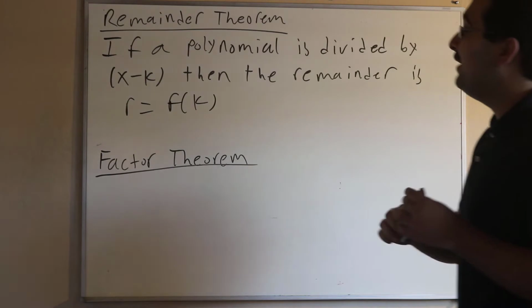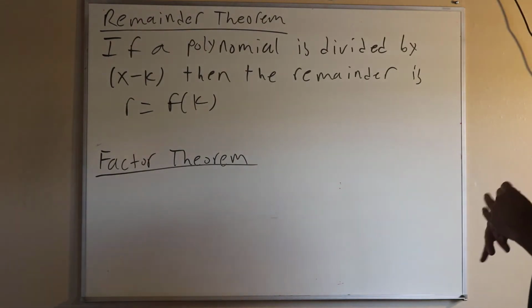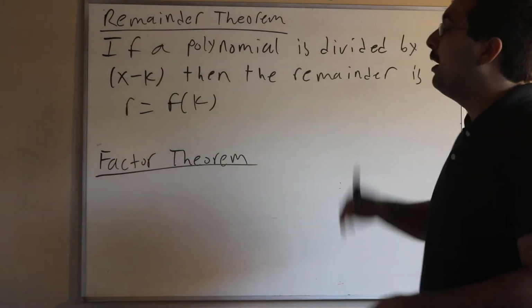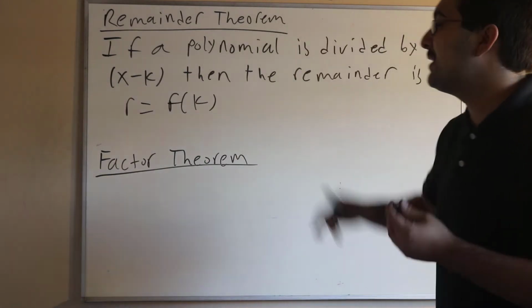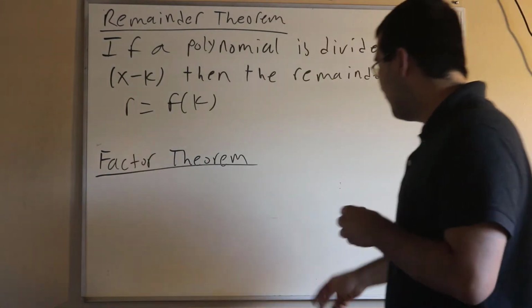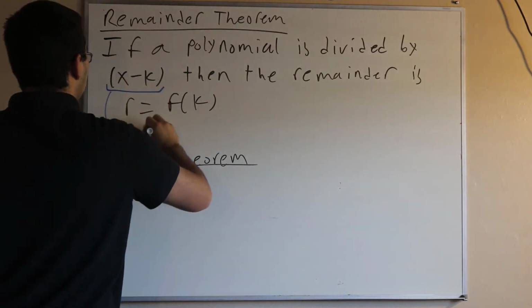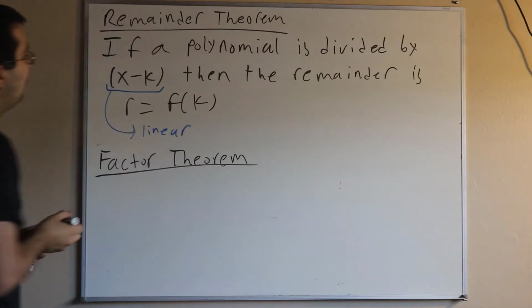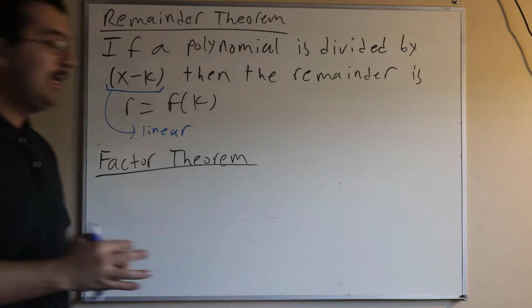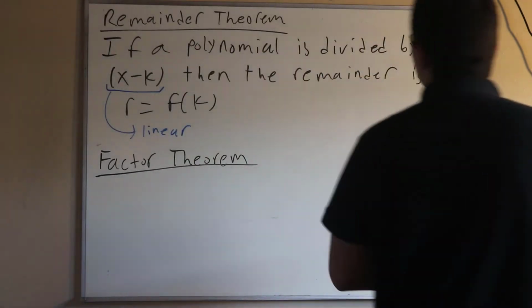So this is a pretty neat theorem in that it tells us if I ever divide any polynomial by a linear polynomial, so what's the key feature about that is that it's linear. If I ever divide any polynomial by a linear polynomial, then I can guarantee that the remainder of